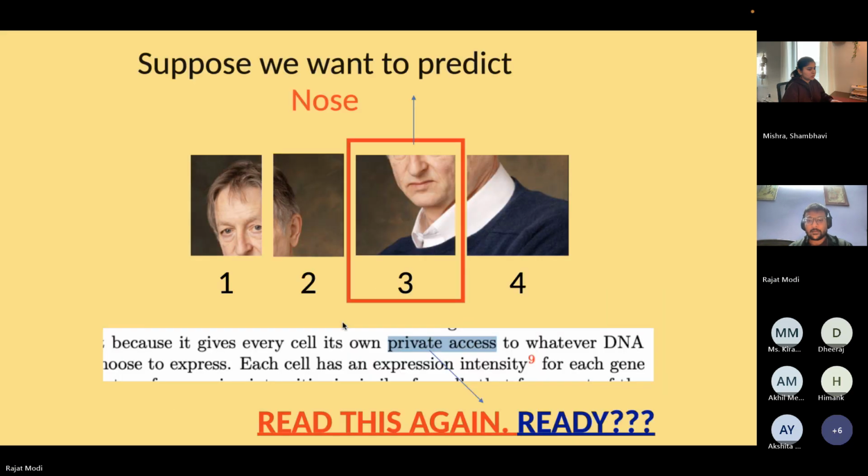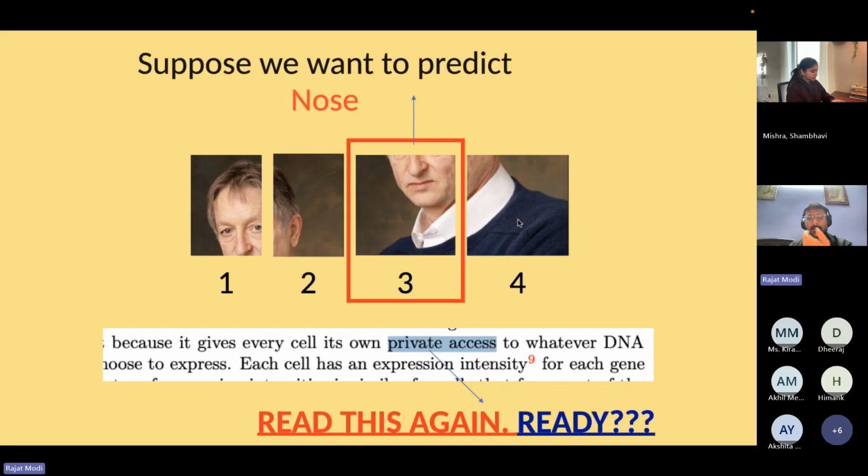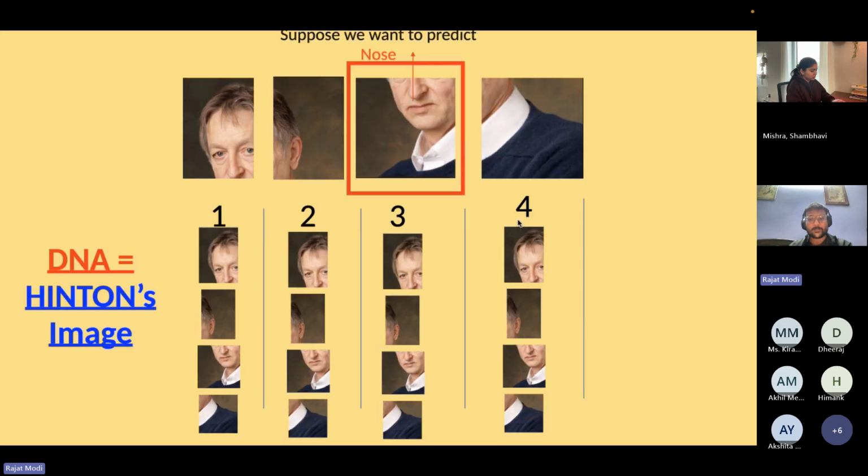For example, if you are given four such tokens, so let's say you have an image and you partition it into four tokens, and your job is to predict the nose. You want the network to learn that at the third location there is a nose. You want the network to solve this task, and that is what the MLP does. Let's say you have a sequence of images, and sometimes you want it to predict an eye, sometimes an ear, sometimes a nose, and sometimes a collar.